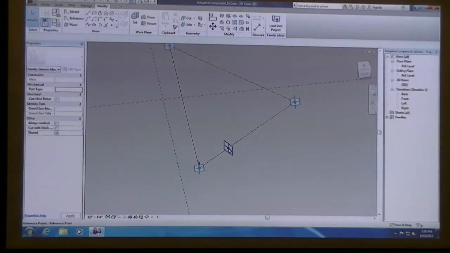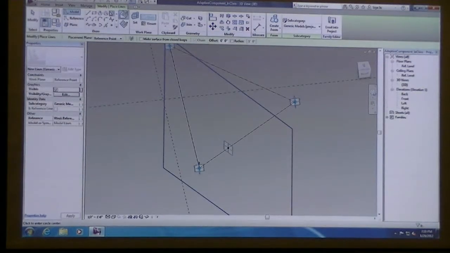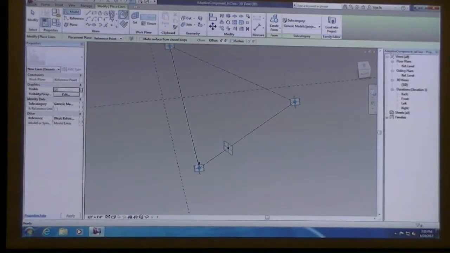And so basically what I want to do is use this point as a work plane to just create a pipe rail that would go along this that we could then import back into our other file, and then we have a tectonic pipe structure. So to do this, we've got the point. This will be just like what we did a while back here. I'm going to click on model line.